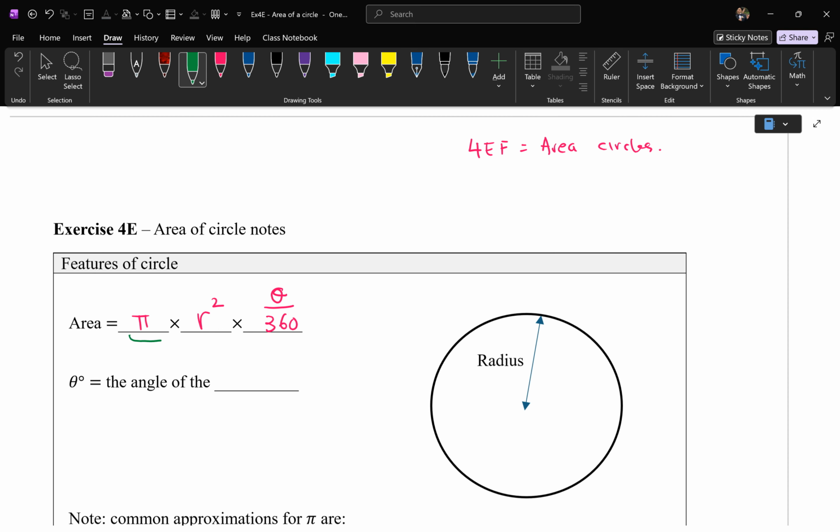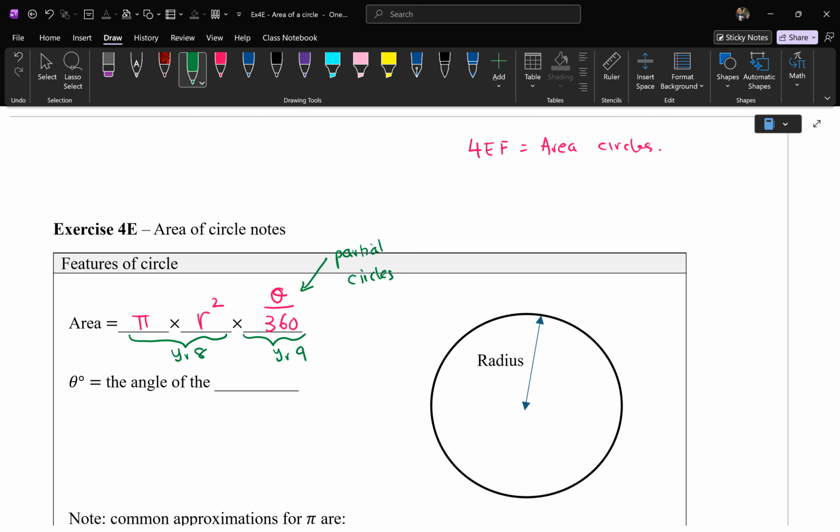All right. This first bit is considered year 8 knowledge. Okay, so the first bit, pi r squared. So if someone asked you what is the area of a circle, you say pi r squared. That is the general knowledge for a year 8 student. This next component is technically a year 9, but really I'm teaching you because 4F has that one as well. Okay, so the year 9 component looks at partial circles,